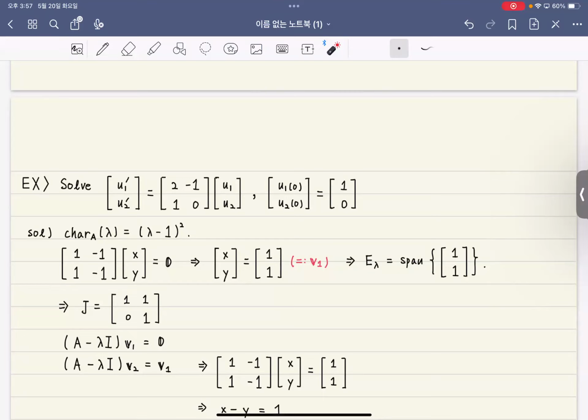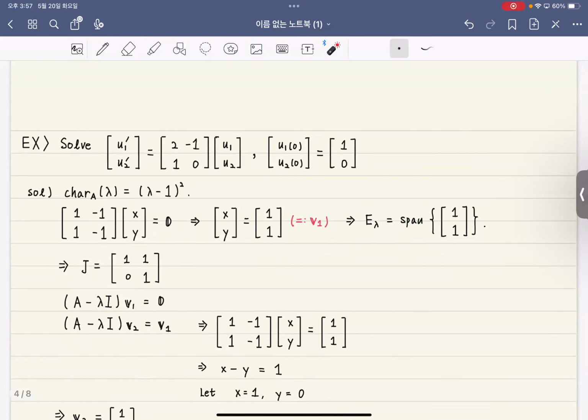Since its geometric multiplicity is 1, its Jordan form must have just one single Jordan block, and whose size must be 2. How many such Jordan forms can you find? There is only one such Jordan form, which is this guy, right? So this one must be the Jordan form of the matrix A. If you can follow up to this point, which is very nice,